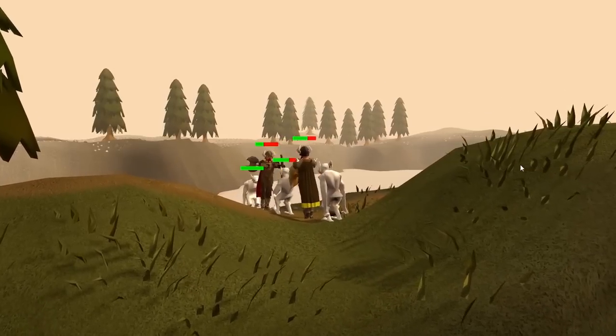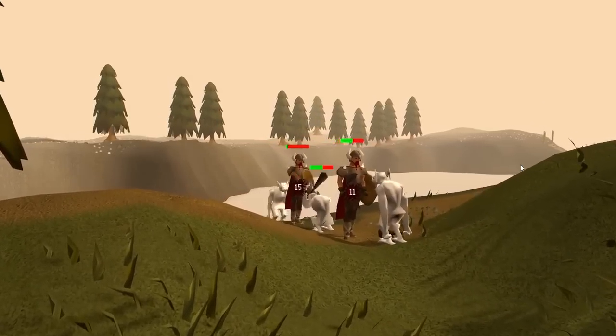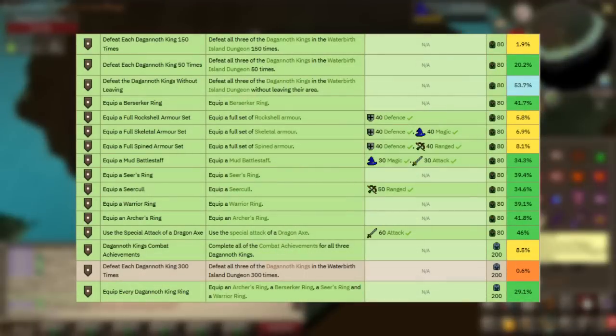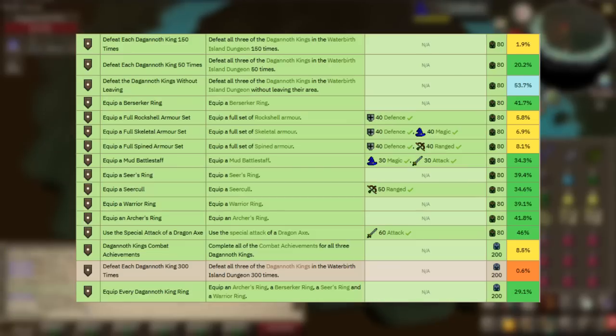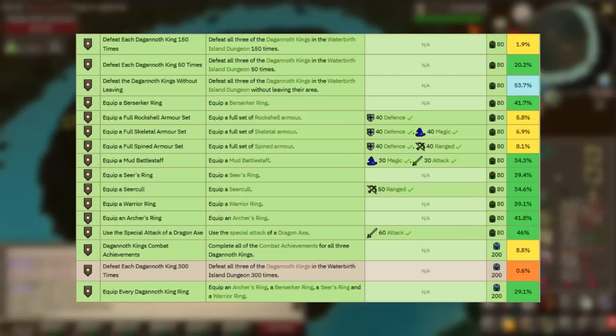This region though is usually picked by those that are competing for the top spot, because it has something that most areas don't. Small regions like this have less content, so the tasks that we get are usually based around the same content. Last time, for example, for the DKs, we had equip a Warrior Ring, a Bee Ring, Archer's Ring, Mage Ring, equip all of those rings, complete the combat achievements for these bosses, defeat all 3 50, 150 and 300 times, defeat all 3 without leaving, equip a Mud Battle Staff, use the Dragon Axe special attack, and